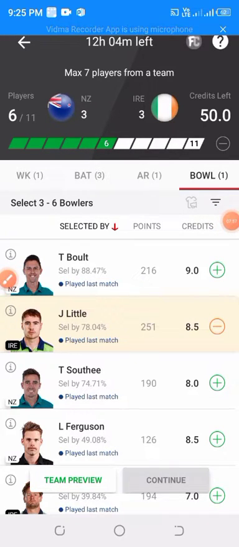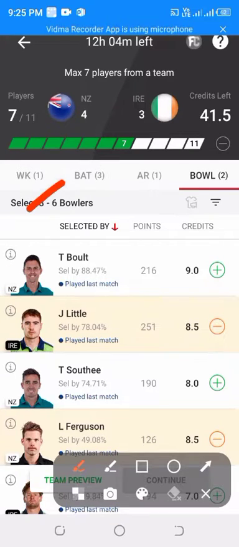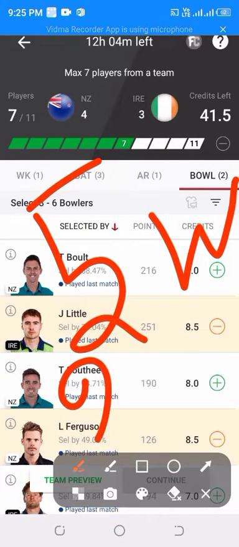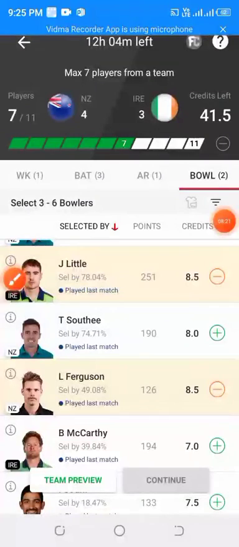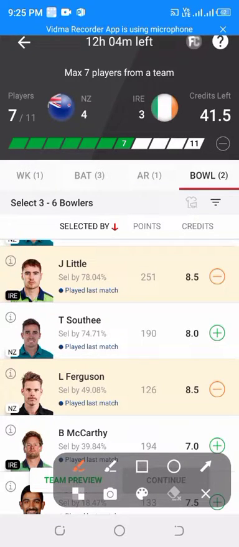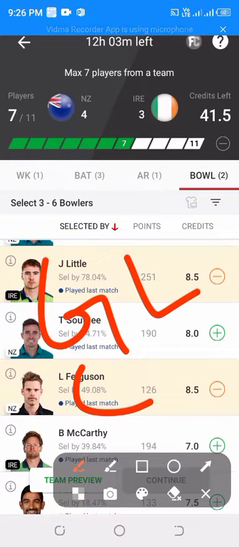The next pick in the bowling section would be Lockie Ferguson. His record is also looking good against Ireland, and he has taken 5 wickets in 2 matches. So Lockie Ferguson is a must pick in both innings in your fantasy teams. Remember, Ferguson's record against Ireland is looking good while New Zealand bowls second. Can try him as a Grand League captaincy choice when New Zealand is bowling second.